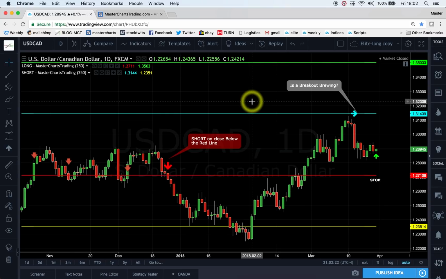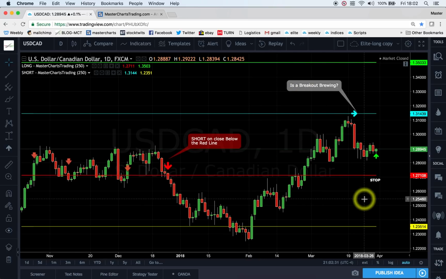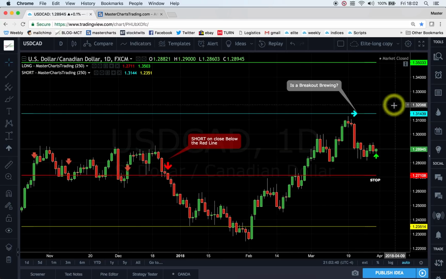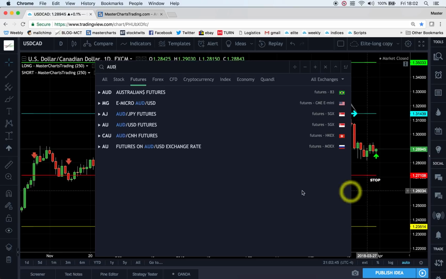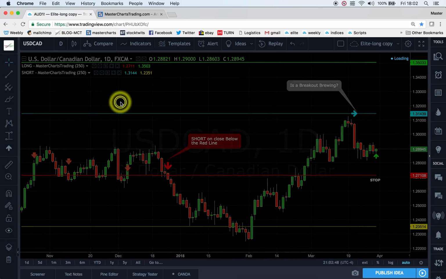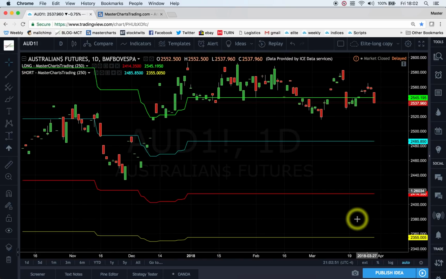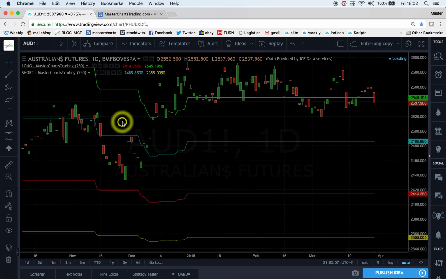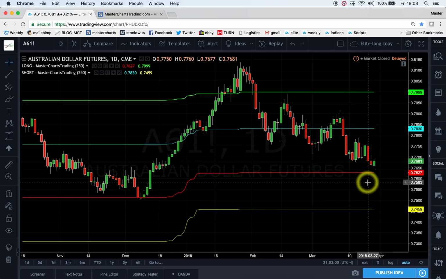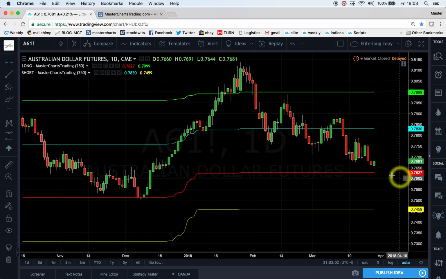Certain components of the dollar, for example Canadian dollar, it seems that the dollar is gaining versus certain components of the dollar index. So for example, versus Canadian dollar, it seems that the United States dollar wants to go higher versus Canadian dollar. Very similar to Australian dollar futures. Let me look at the Australian dollar futures, A6. So similar picture. If I see a close below this red line at